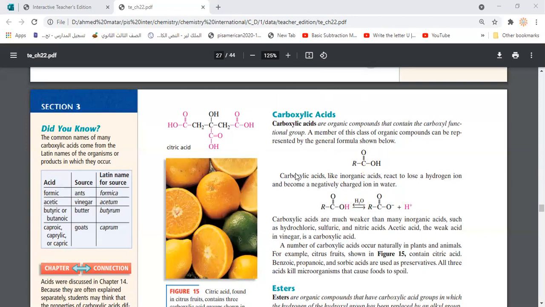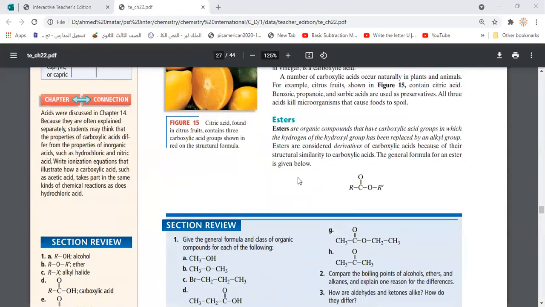The last kind of compounds here are the esters. So what are esters? They are organic compounds which have the ester group, which is COO. As you can see here, this carbon is attached to an alkyl group while the oxygen is attached to the other alkyl group. Any ester is produced from the esterification reaction, which is a reaction between an organic alcohol, for example ROH,